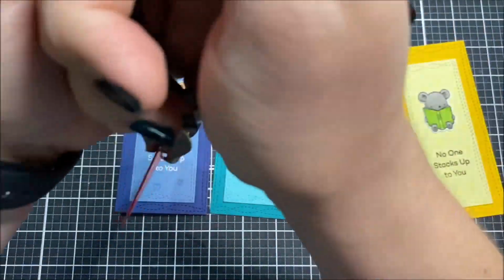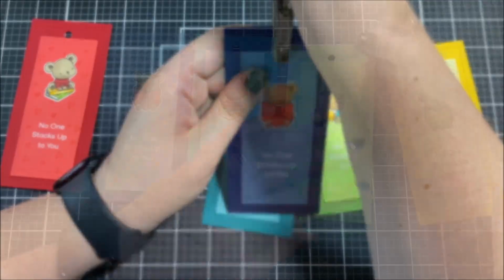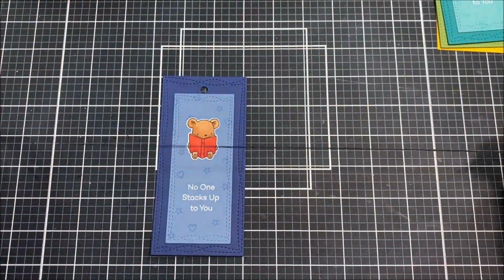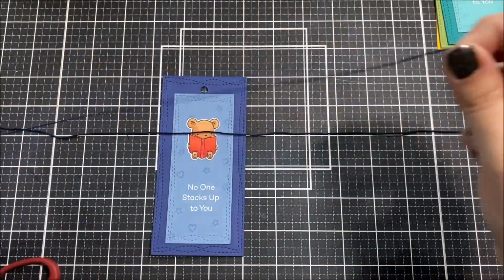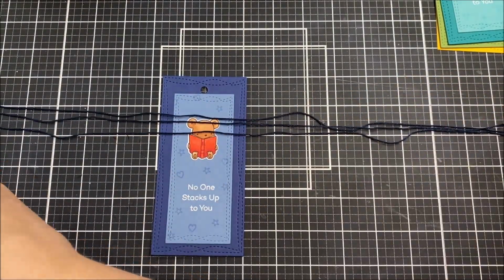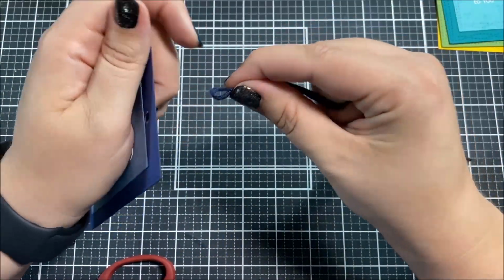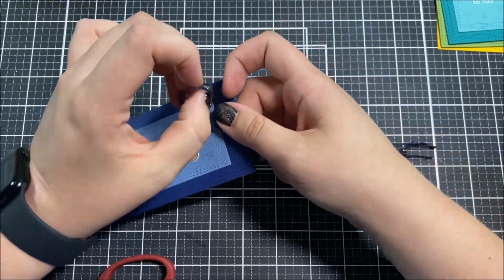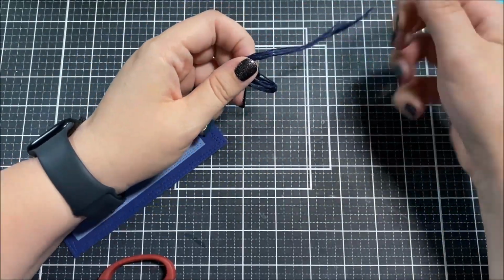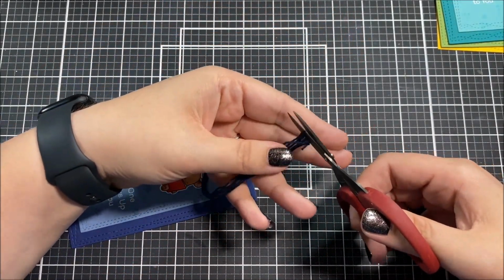If you don't want to add a tassel to your bookmarks and you want to leave them super simple, you could always skip this step. For the tassels that I'm going to make, I pulled out my embroidery floss and I picked out colors that I thought went well with my bookmarks. And I'm just eyeballing the size of these. I made 3 different strands here that I cut off with my scissors. I'm going to fold those in half and thread them through that hole. And then I'm going to loop through the end. And then I'm going to tie it off at the end here. And then I'll just take some scissors and snip the end so that it's nice and even,